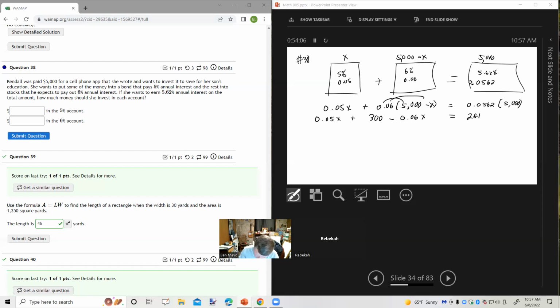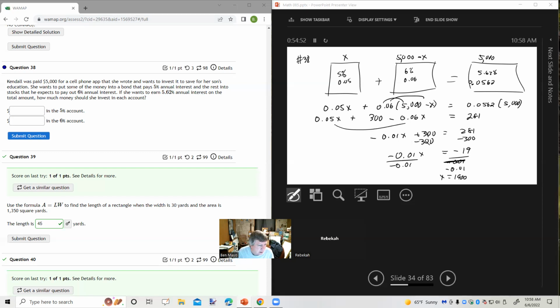Combining like terms, we get negative 0.01X plus 300 equals 281. Subtract 300 from both sides, negative 0.01X equals negative 19. That's right, yeah. Divide both sides by negative 0.01. We get